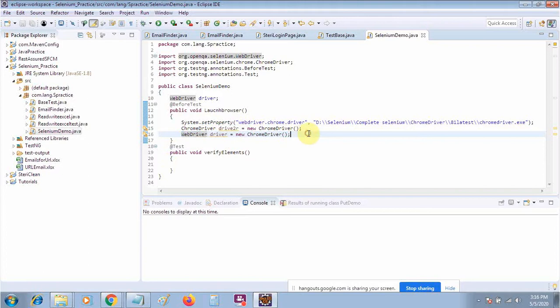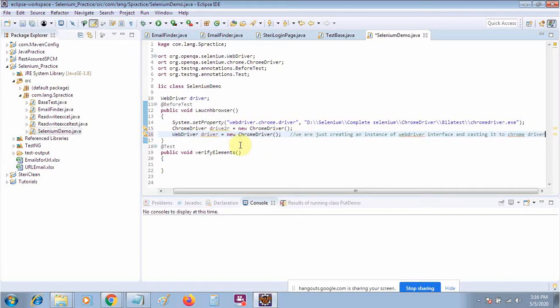Always remember what we are doing here: we are just creating an instance of the WebDriver interface and casting it to ChromeDriver.